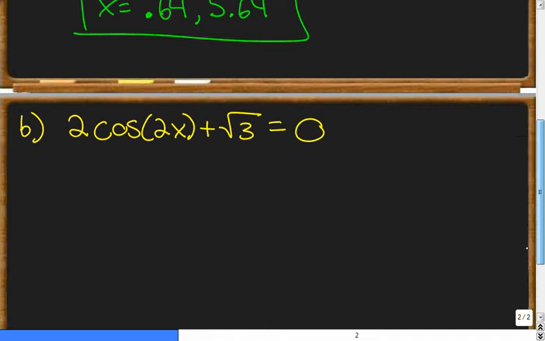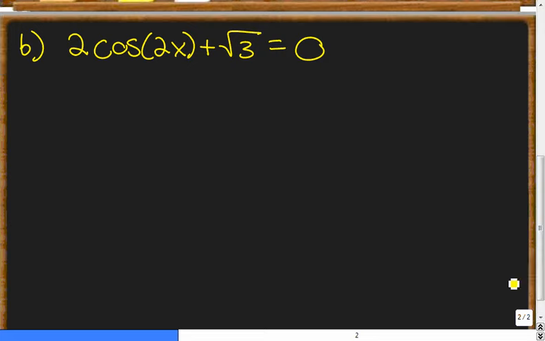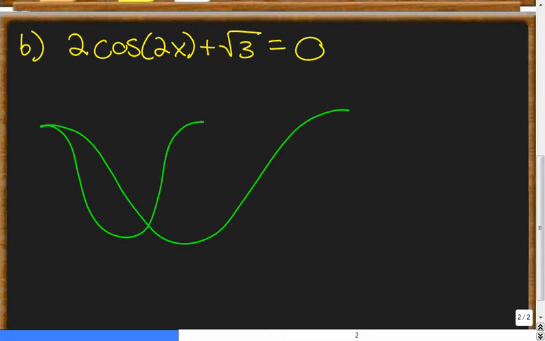Now, this changes things in a few ways. The major way is that now we have double an angle. If we go back to our graphing thought, doubling this number inside actually halved the period of our graph. So instead of cosine looking like this, it is now going to do this in double time. So it's going to be